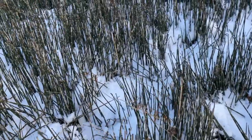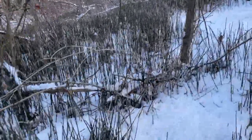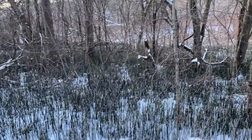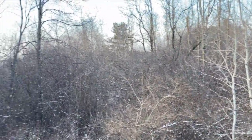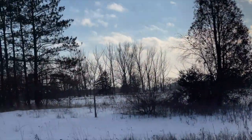It sure looks like bamboo. No, I think it's a type of grass. But it looks like baby bamboo. Wow. Buckthorn and bamboo competing. Well, we came out of the buckthorn jungle and we've hit sunlight, a cornfield, a farm,